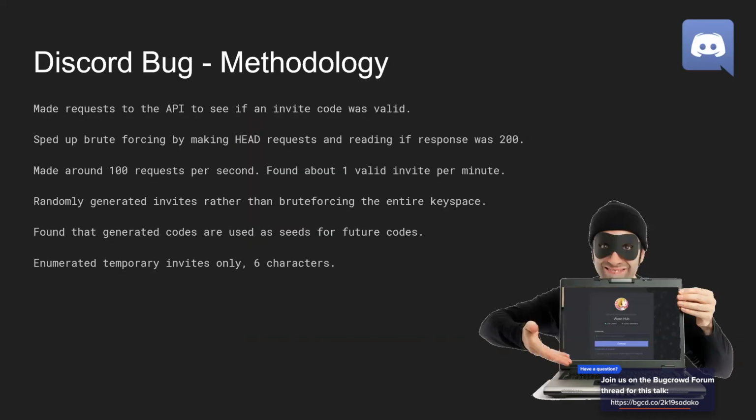And so trying to brute force that from the beginning would take a while. Still doable, but we felt it would be better to just try to randomize it. And we ended up finding out that generated codes seem to be used as seeds for future codes. So we actually were taking valid codes and then changing parts of the code itself to check for further codes. And we only enumerated temporary invites, which are 6 characters, although there are long-term invites, which